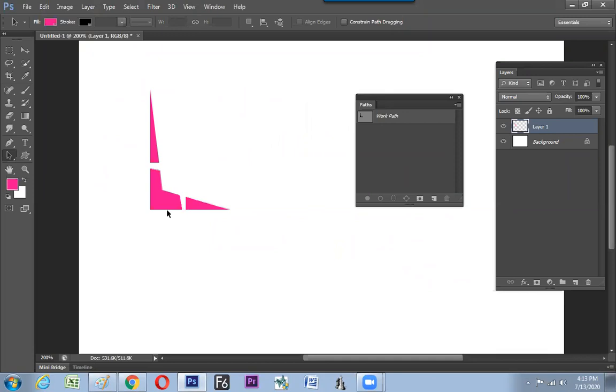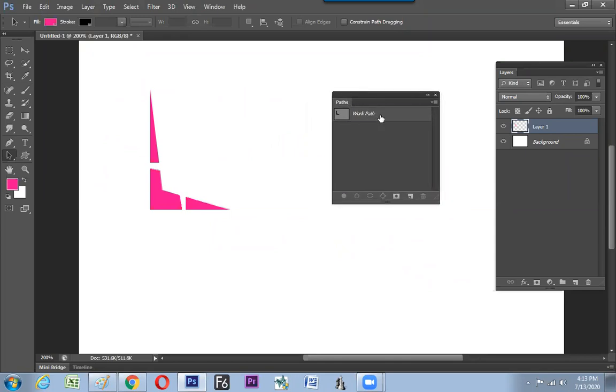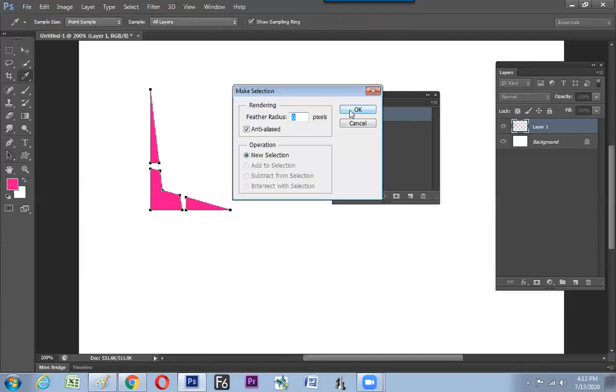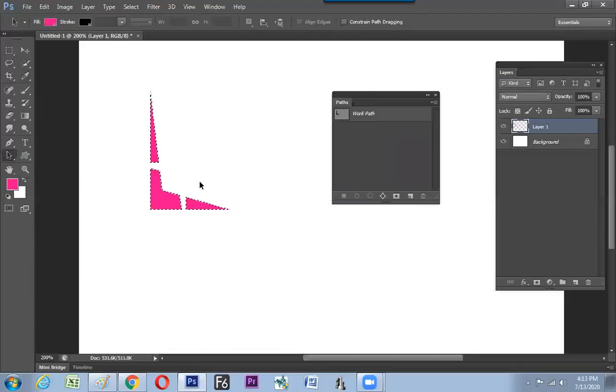First, select the shape. Where is the shape? It is there in the path window. How to select? With the help of your path selection tool. Give a right click, switch to the option called make selection. So we have understood now how to convert a path into a selection. Once it is done, then a lot of things could be tried out.